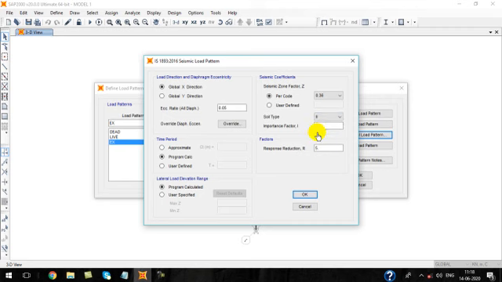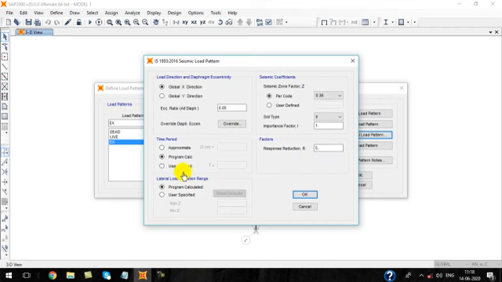This building is not considered as the most important building, but according to 1893 part 1, the response reduction factor should be 5. So we cannot compromise with the response reduction factor. That means we cannot design our building as an OMRF unless it is zone factor 2. But in our case it is zone factor 5, so we should consider R as 5 only.